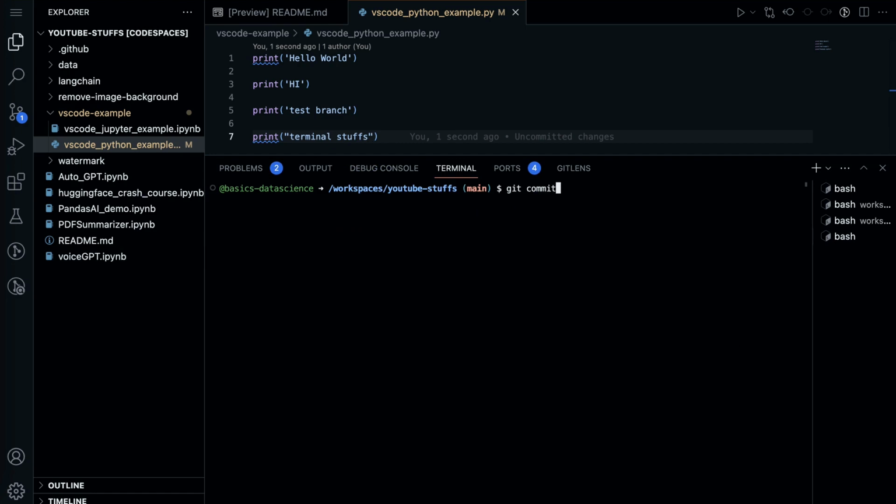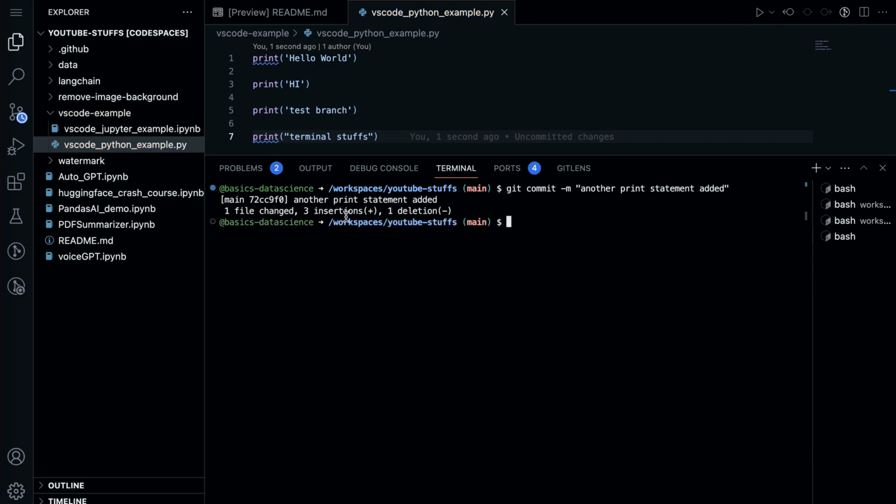So you can type git commit -m for message, and then you can provide with the quotation marks something here. We can say "another print statement added", right? If you type enter, now it says here, okay, "another print statement added" is the commit message. If I do git status again,